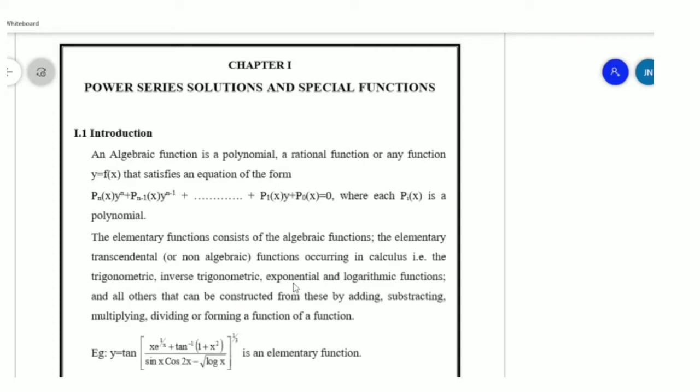So in this chapter, we are going to study such kinds of functions, and solutions using power series. It's an important topic. You will get very little time to solve many problems, so you must write down the equations and problems thoroughly. Only then can you attempt the problems easily.